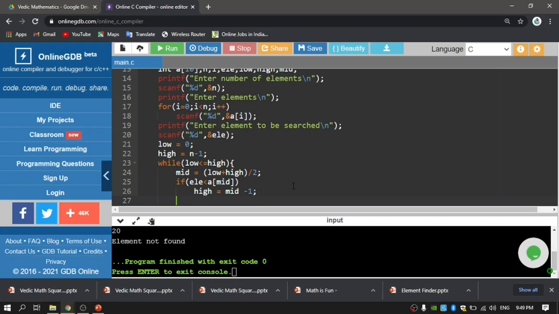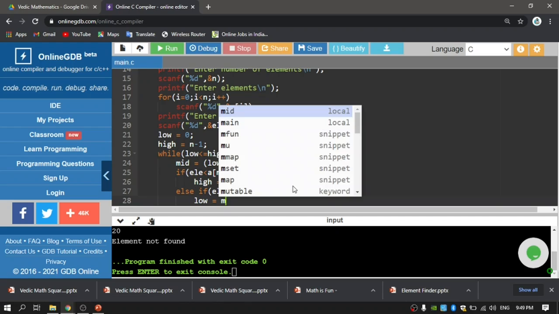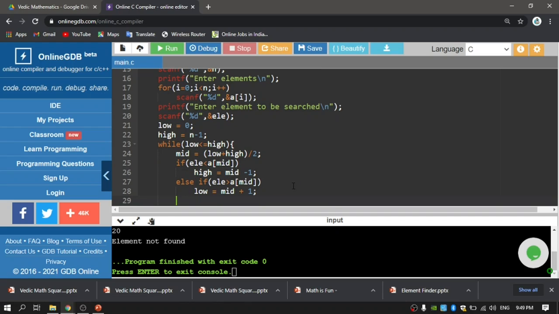Whenever this condition fails, if my element is in the upper half, the condition is element greater than a of mid. Whenever this condition is met, I write low equal to mid plus 1.